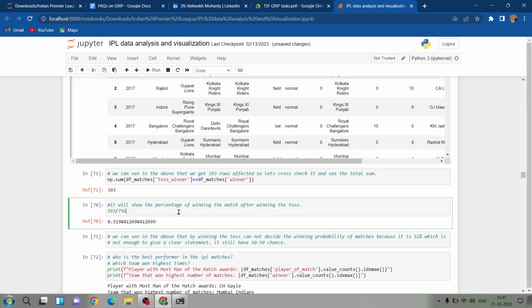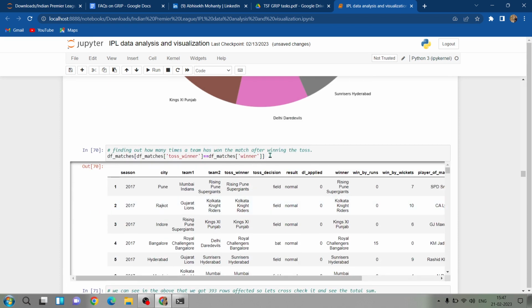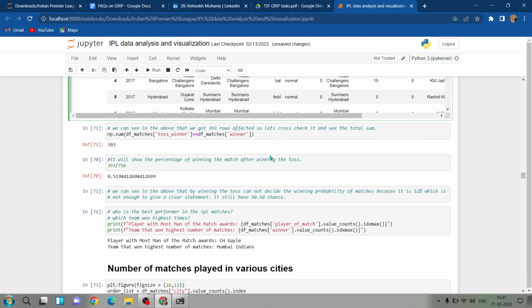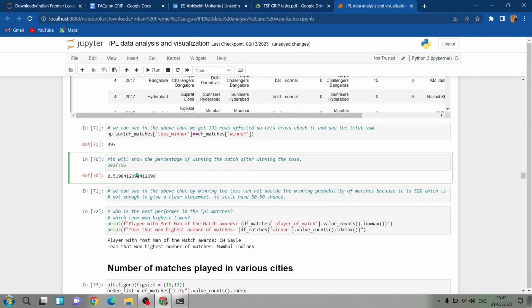Then we can see 393 divided by 756, which is our original row. So we can see 0.51%. So it will show the percentage of winning the match after winning the toss. We can see in the above that winning the toss cannot decide the winning probability of matches because